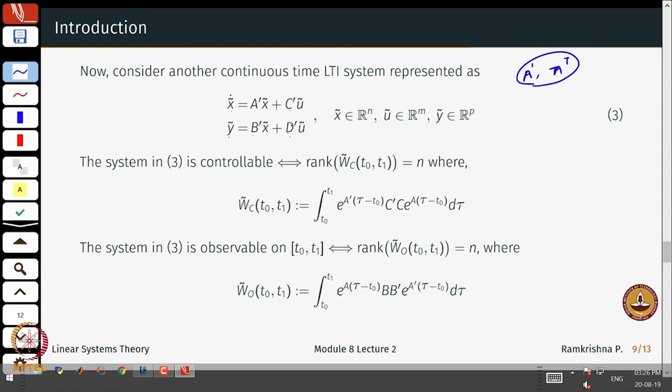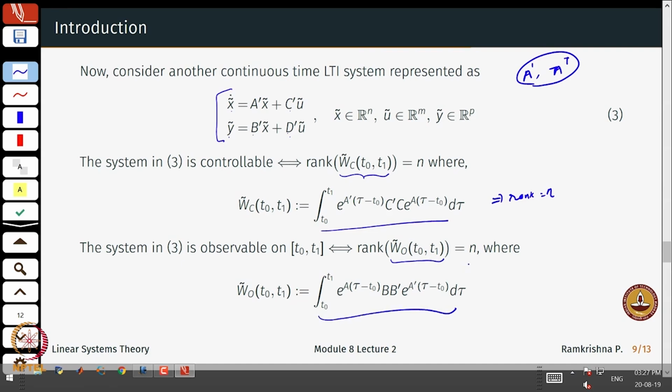Okay. So, controllability of this system would again mean that the rank of WC equal to n, where the controllability Gramian takes this expression. Okay, and then this rank should be equal to n. Similarly, this system 3 is observable whenever the rank of this observability Gramian given by this expression is equal to